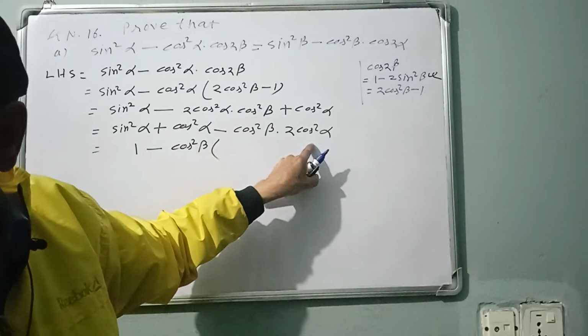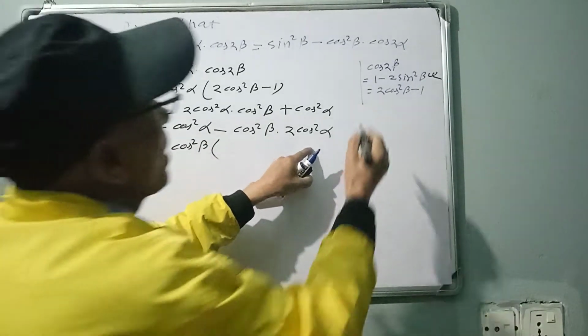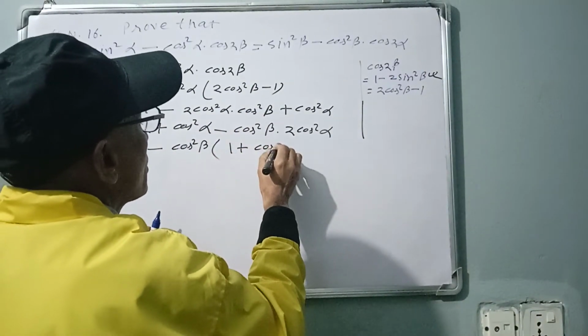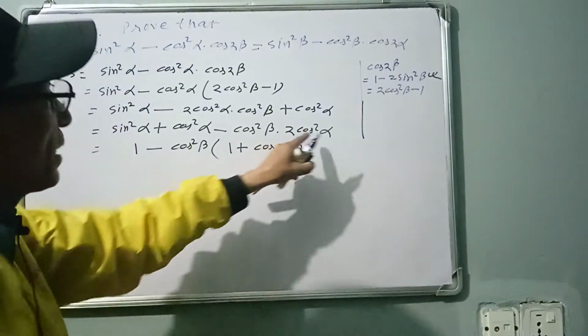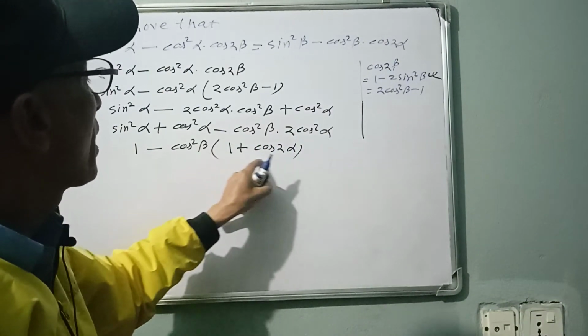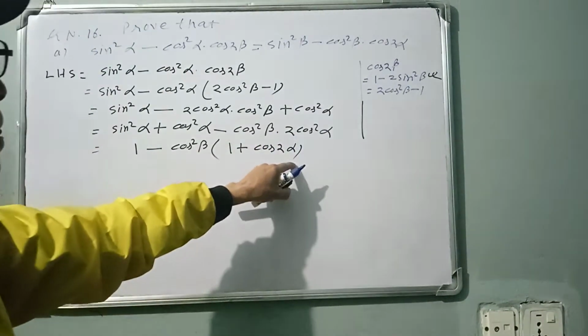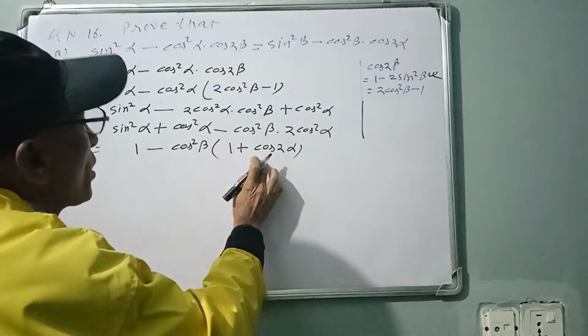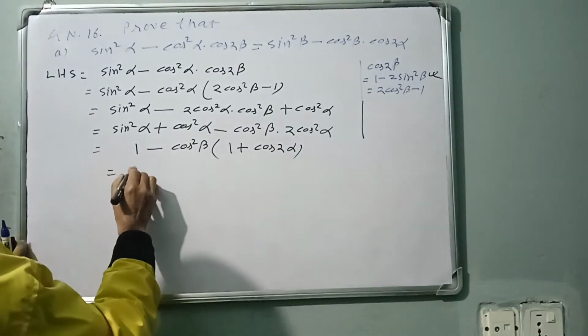Derived formula of cos 2 alpha. The derived formula of 2 cos square alpha is 1 plus cos twice alpha. But if there is 2 sin square alpha, it is 1 minus cos 2 alpha. Cos has plus, sin has minus. 1 minus